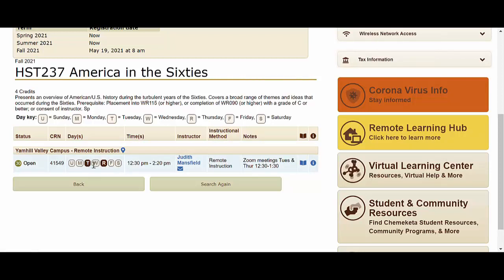It's on Tuesday and Thursday, and for the purposes of scheduling, the times are 12:30 to 2:20. However, you'll notice in the note section here it says the Zoom meetings are Tuesdays and Thursdays from 12:30 to 1:30. So this class isn't being offered on campus at all. It's being offered online via remote live instruction on Zoom.